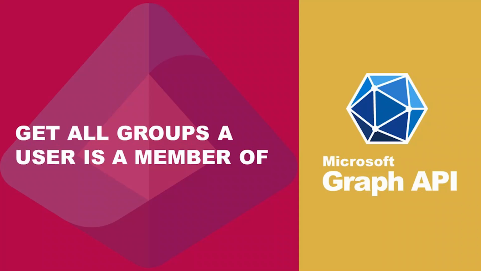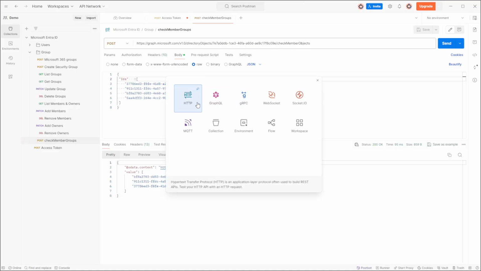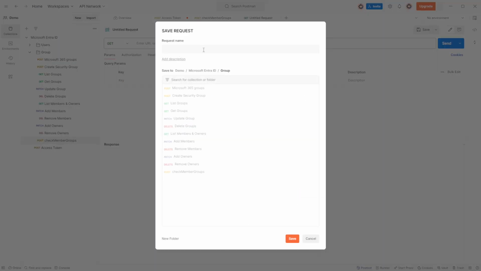Earlier, we input the group and user to verify the user membership within the group. But what if I want to find all the groups the user is a member of? To obtain all the groups that a specific user is a member of, let's create a new HTTP request with the name